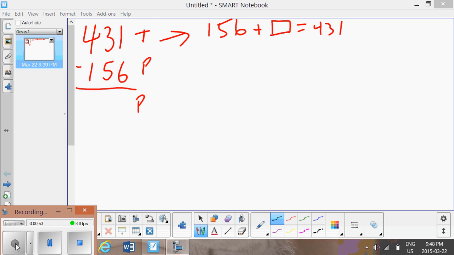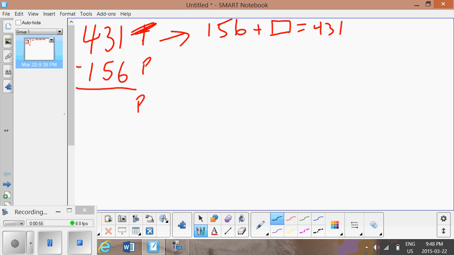So what we do is we show them, okay, we've got the whole, a part, and a part, and in a subtraction equation we always have total minus part equals part. We change that to an addition where we have part plus part equals whole or total. So what we're trying to do is get from 156 and figure out what we need to add to 156 to get to 431. So we would start with our 156, and essentially what we're trying to do is make